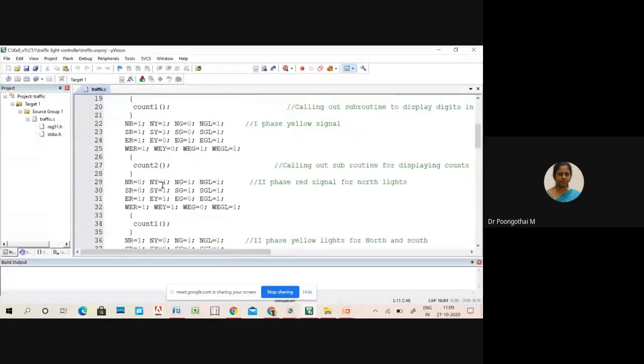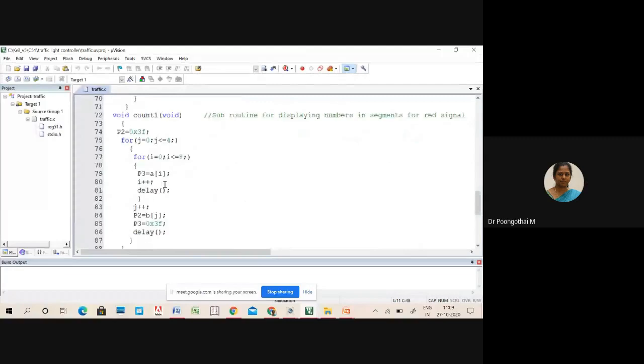Please look at the routine here, count 1. First it starts with 0, that is P2 starts with 0, and this for loop is for displaying the numbers from 1 to 9. Nine numbers are displayed by using this for loop, and the outer loop is for changing your MSB, that is 0 to 5. So this routine is used to display the time signal on your 7-segment, that is 50 seconds, okay.